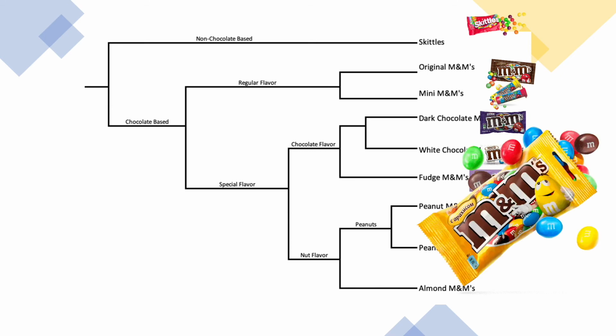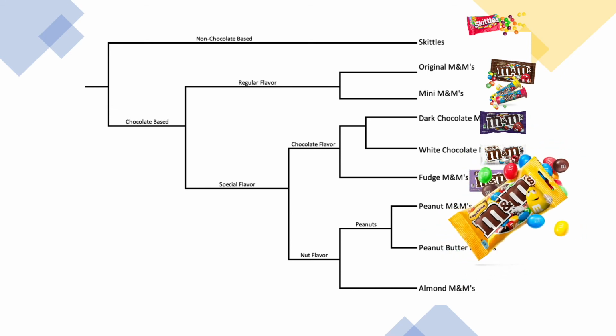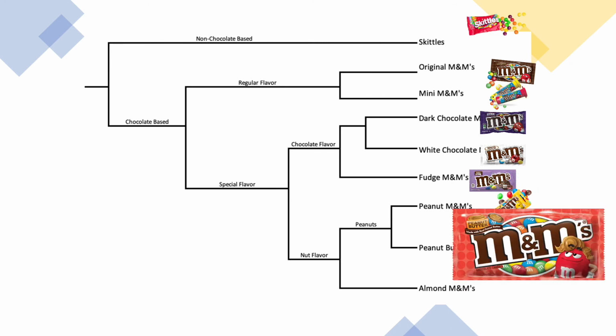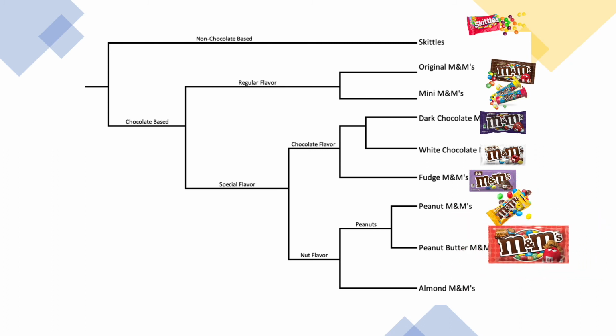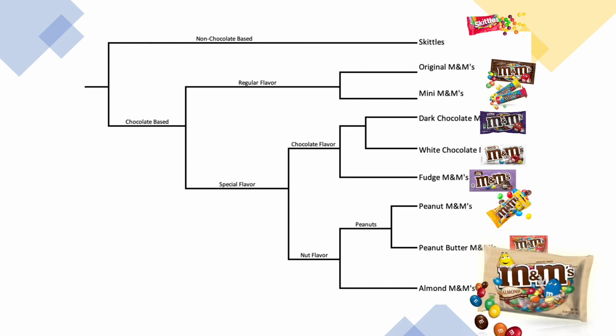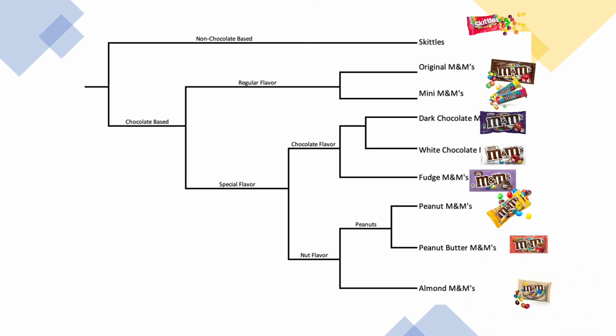Now taking a look at the nut-flavored clade, we have peanut M&Ms, peanut butter M&Ms, and almond M&Ms. The most recent common ancestor between these three OTUs developed this nut flavor. We then have another divergence event, which split the nut flavors into almonds versus peanuts, and this indicates that peanut M&Ms and peanut butter M&Ms are more closely related to each other as they both evolved from a peanut-based common ancestor. And these two types of M&Ms are most closely related out of all the OTUs as indicated by